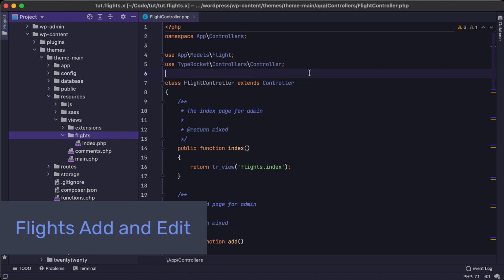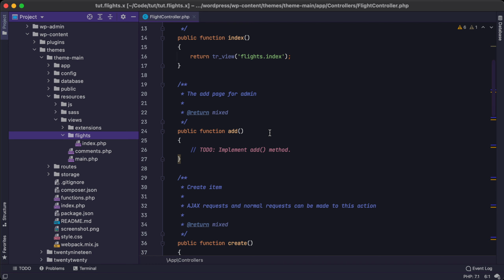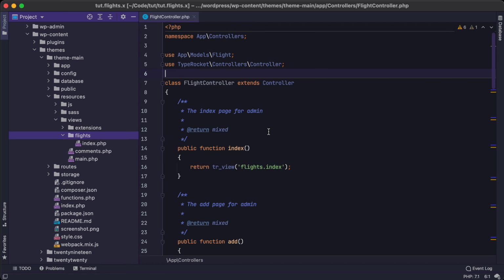And in this video, we're going to be looking at completing our flight controller in terms of adding and editing data for this flights database table using that flight model and flight controller. Now, the thing that we have to note here are how our requests work again with these controllers. And I really want to instill this in you so you can understand at a deep level how this works. So if you run into issues, you can really see what's going on and be able to debug your own